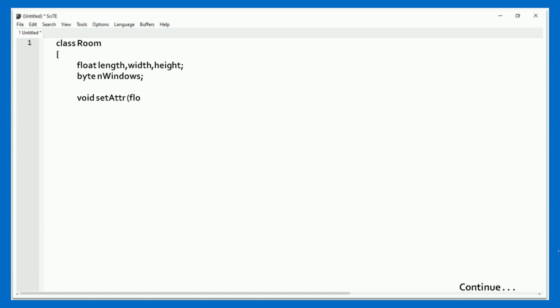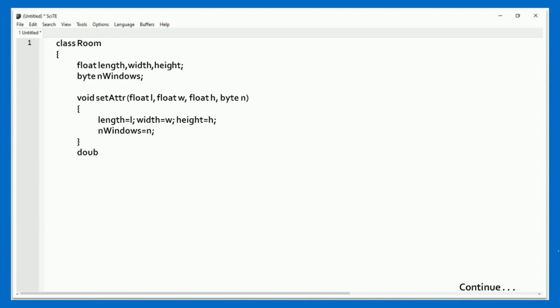We set attributes for float l, float w for width, float h for height, and for the number of windows we select byte n. Then start a curly bracket and assign length for l, width for w, height for h, and number of windows for n.